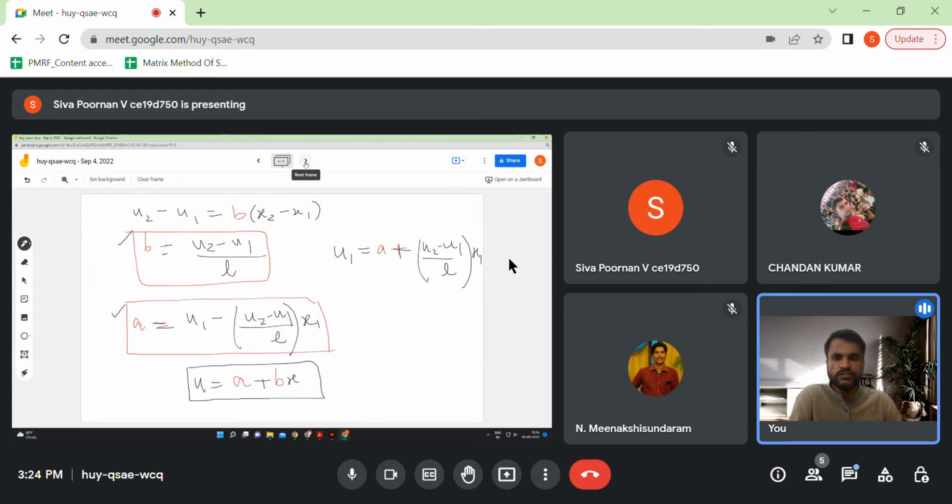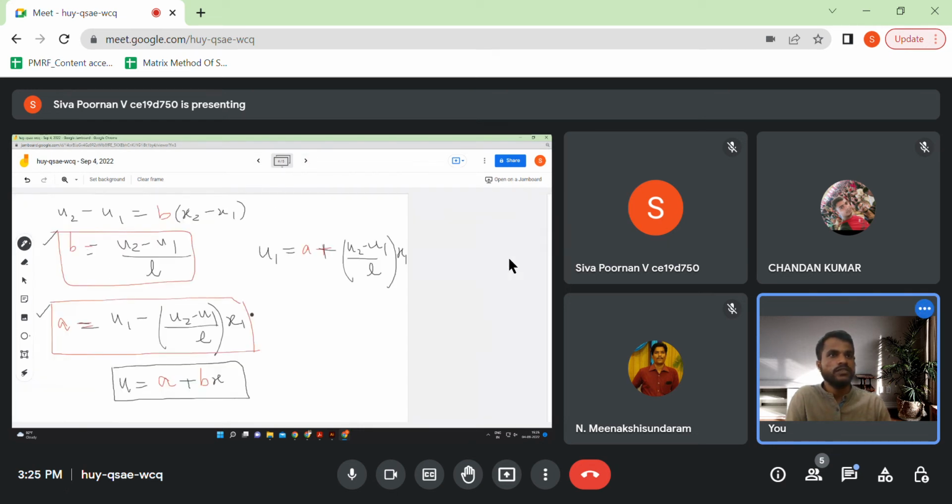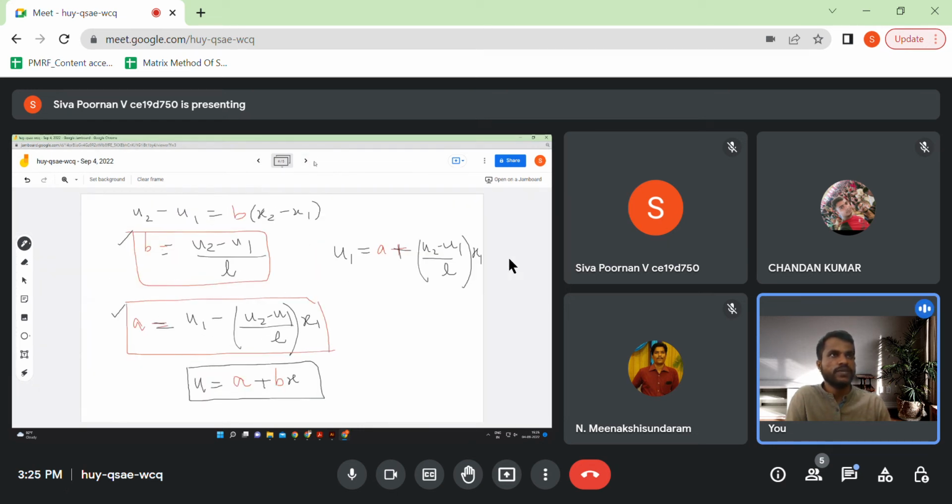Interpolation means we are interpolating between something, so we are finding the displacement between two things. So even though we are moving slowly, this is essential, and we have to go slowly. So u1 minus u2 minus u1 divided by L